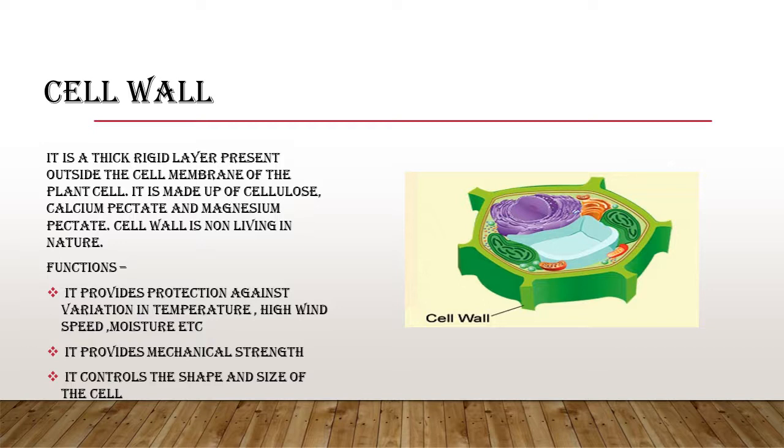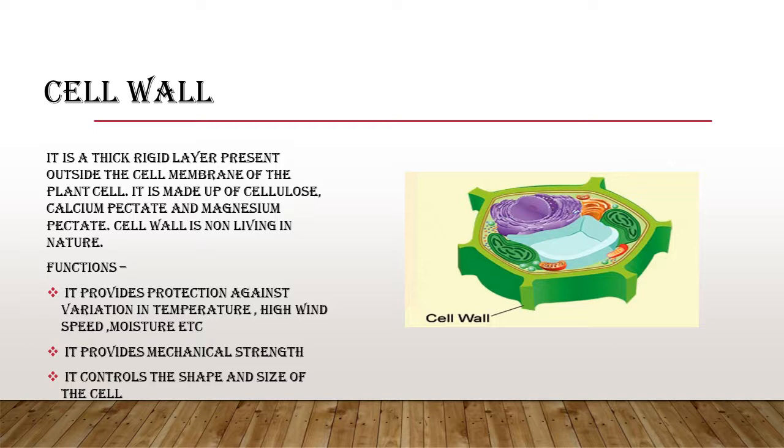Then in some types of cells, after the cell membrane, we have another protective layer, and that is known as cell wall. Which type of cells contain the cell wall? Only the plant cells. Only the plant cells contain that extra protective layer. Why do plants need that extra protective layer? Because they cannot protect themselves from the surrounding environment, climatic changes or animal attacks. They cannot run, they cannot hide themselves. So they need some extra protection for their survival, and that extra protection is in the form of cell wall.